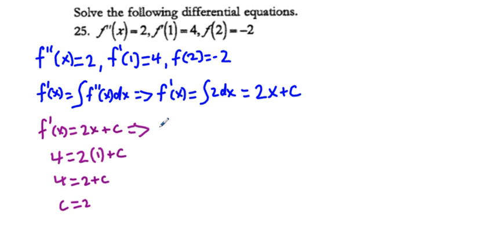The particular solution is f prime of x equals 2x plus, and we know that c is 2, so we have 2x plus 2. So f prime of x equals 2x plus 2. Next,